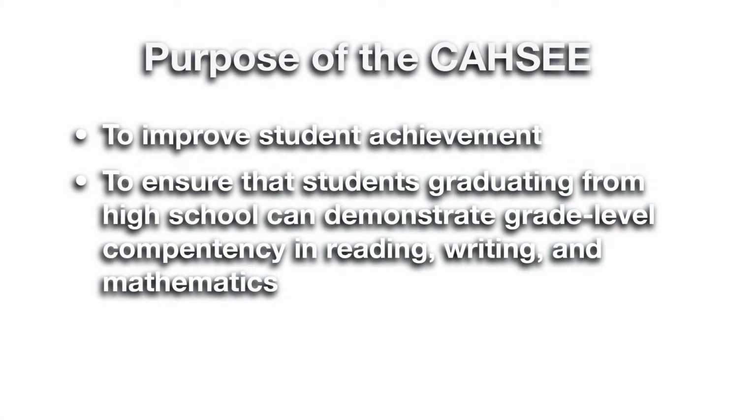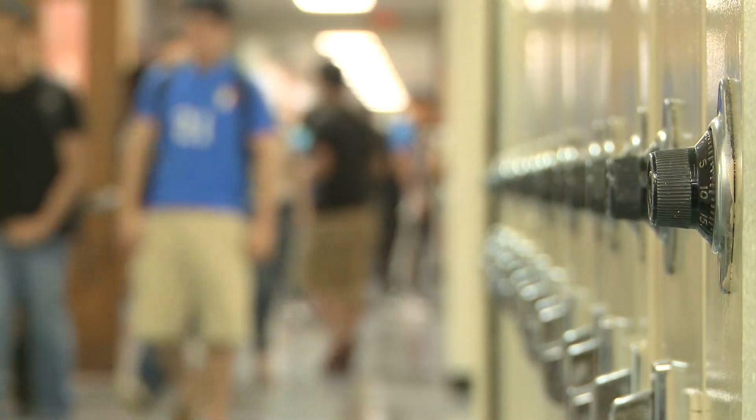The primary purpose of the CAHSEE is to improve student achievement in public high schools and to ensure that students who graduate from public high schools can demonstrate grade-level competency in reading, writing, and mathematics. The CAHSEE helps identify students who are not developing skills that are essential for life after high school and encourages local educational agencies, LEAs, to give these students the attention and resources needed to help them achieve these skills during